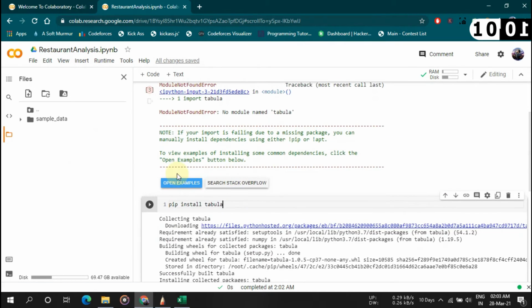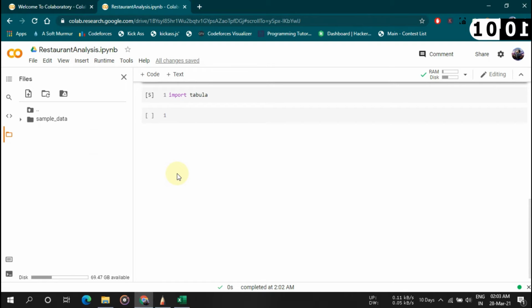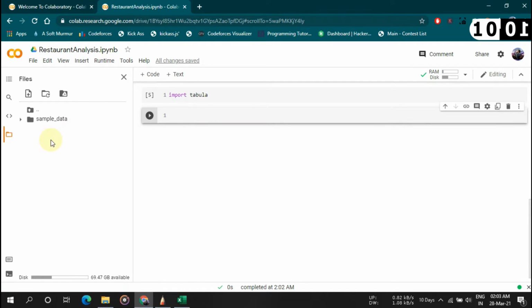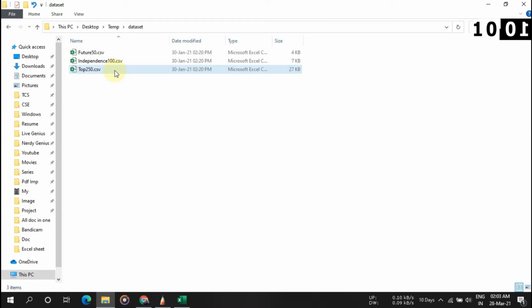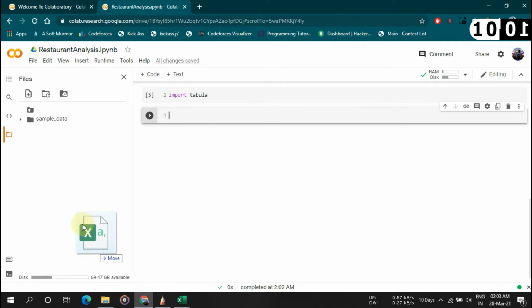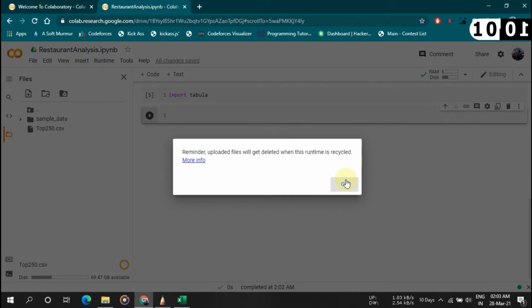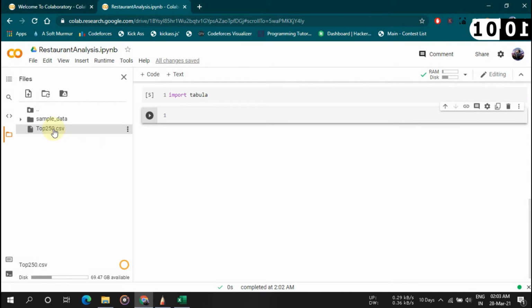Okay, and you can access the file via your Google Drive, or you can manually upload it. You can just drag and drop here, or you can use the uploading code also, but I'm not remembering the code right now, so I will just drag and drop my file. If you want to use code, you can also do that. I will let you know. See, I'm just dragging and dropping the file.